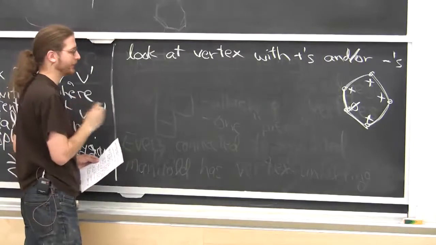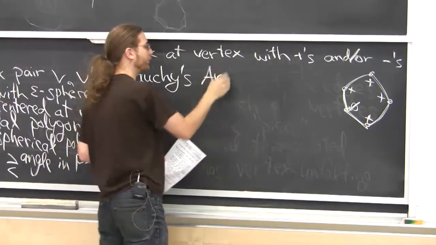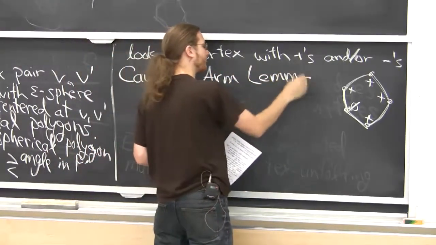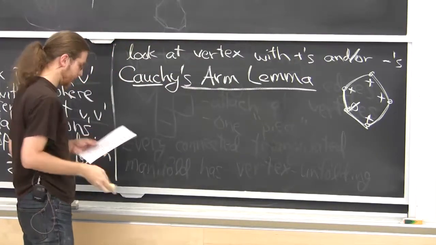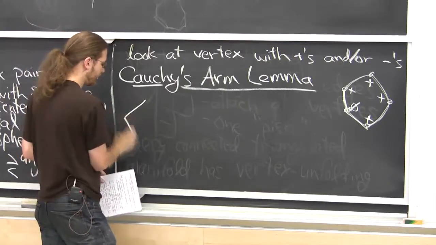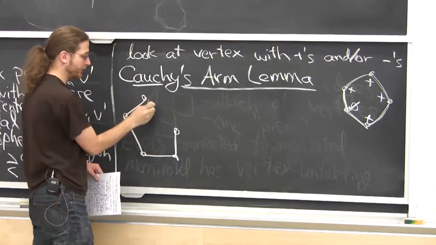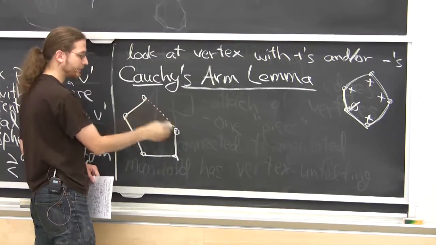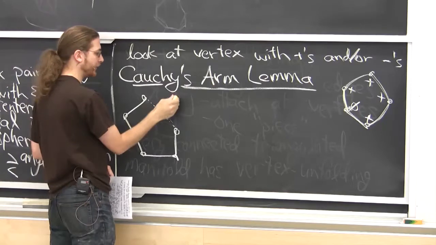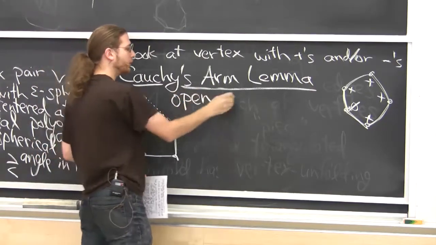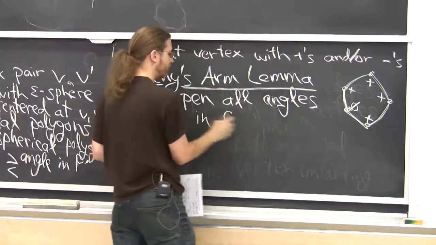I think we've used this fact a couple lectures ago. It's not possible by something called the Cauchy arm lemma. This is the part that Cauchy got wrong, so it's also called the Cauchy-Steinitz arm lemma. And here's the thing. If you have a convex chain, but open chain here, there's a missing bar. So suppose that even when you add the bar, it's a convex polygon, but then I take a convex polygon, remove an edge. This is what we call a convex chain. And if you open all the angles, increasing all the angles in a convex chain,